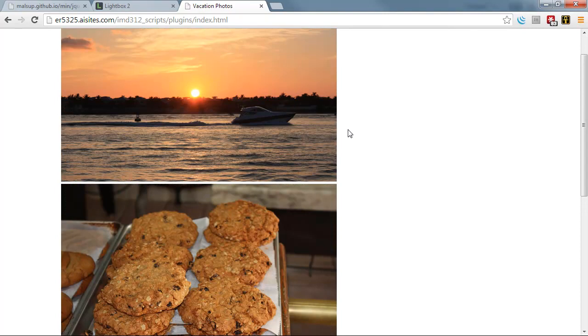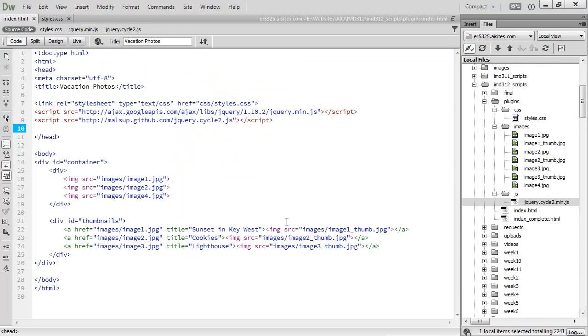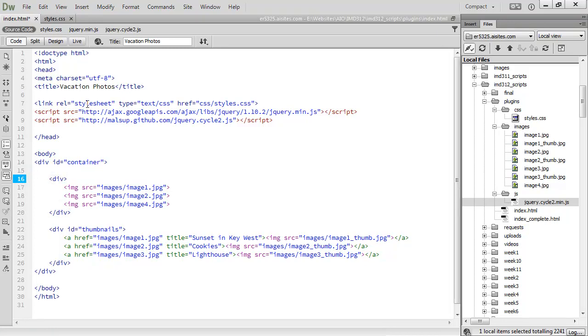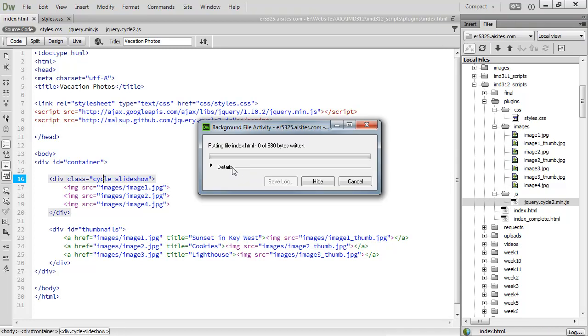That's because we need to tell the page what you want to make into a slideshow. To do that with Cycle2, it's really simple. All you have to do is go to your div tag that's holding your images, and you add a new class, and you give that class a name of cycle-slideshow. And that's it. There's no code necessary at all for this. You just have to add this class to your div tag. And if I upload that and test it,